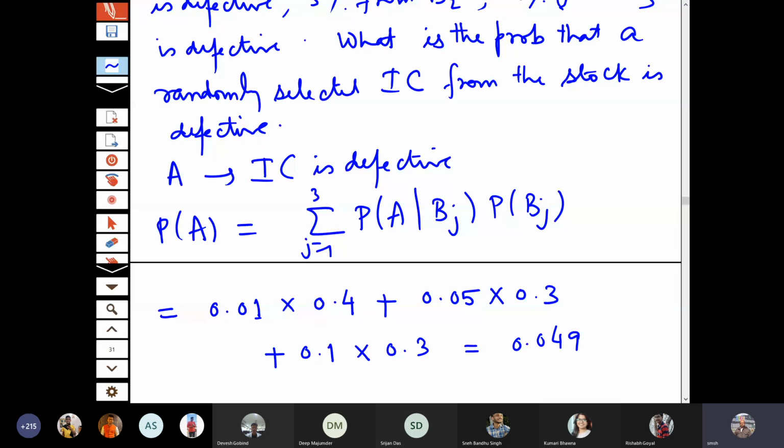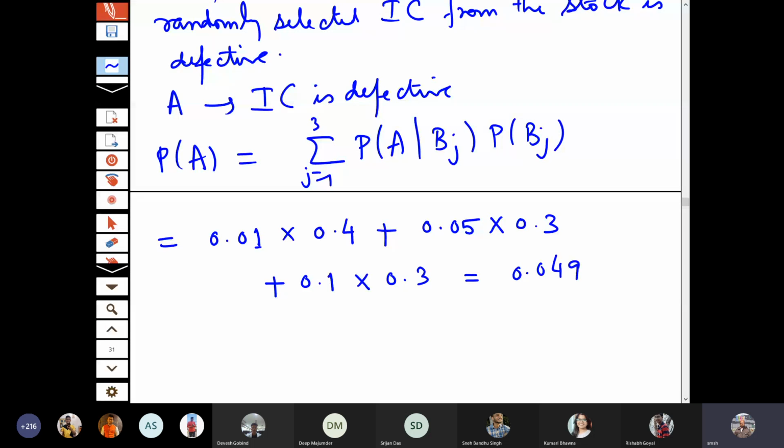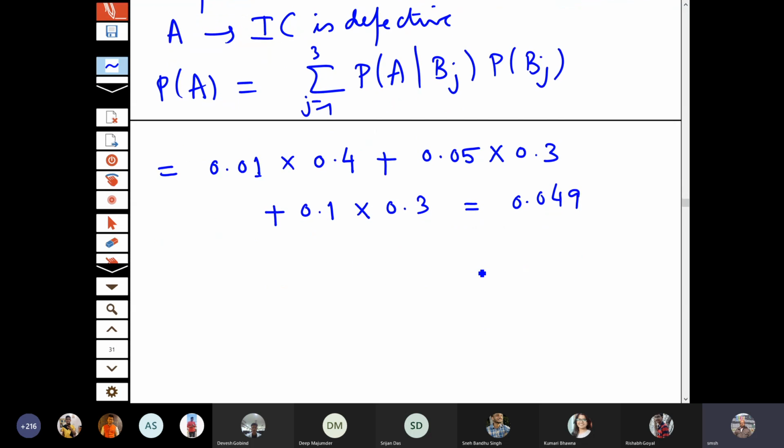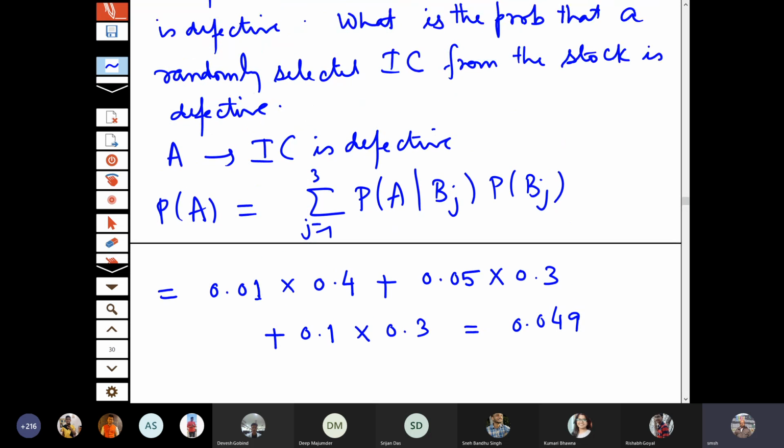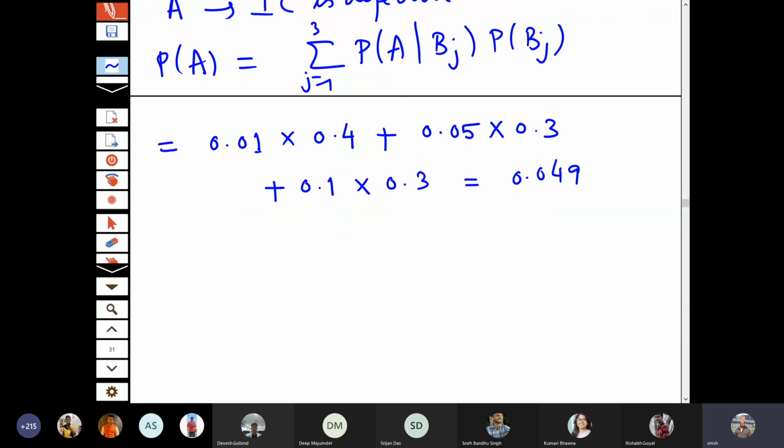Okay, of course you have solved some such problems in your class 11-12 also, because generally there is a problem on Bayes theorem in your JEE exam. But what is the actual meaning of that I am trying to explain here. And now you look at the reverse of it. Suppose you choose an item and it is defective. What is the probability that it was supplied by the first one, or it was supplied by the second one, and so on? This result is obtained by the so-called Bayes theorem.